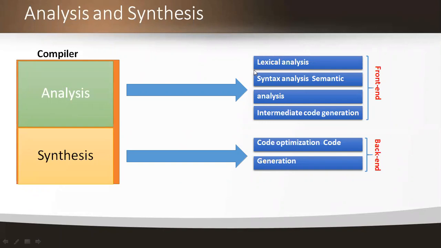See, in the analysis part, I performed three phases: lexical, syntax, and semantic, and you all get to understand what the lexical analysis, what the syntax, and what the semantic analysis is. Then what about the intermediate code generator? What are we going to generate here, and what type of task is this phase going to perform?